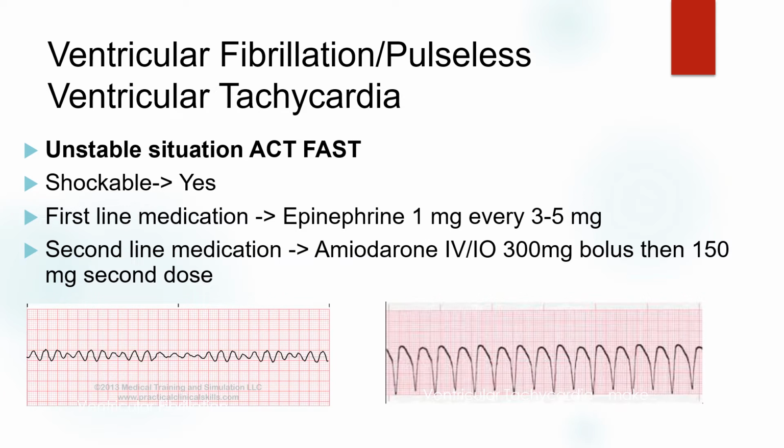The first line medication is epinephrine, 1 milligram, and we're going to give it every 3 to 5 minutes IV. Second line medication is amiodarone IV, and this is the bottom right is VFib, and the bottom left is pulseless